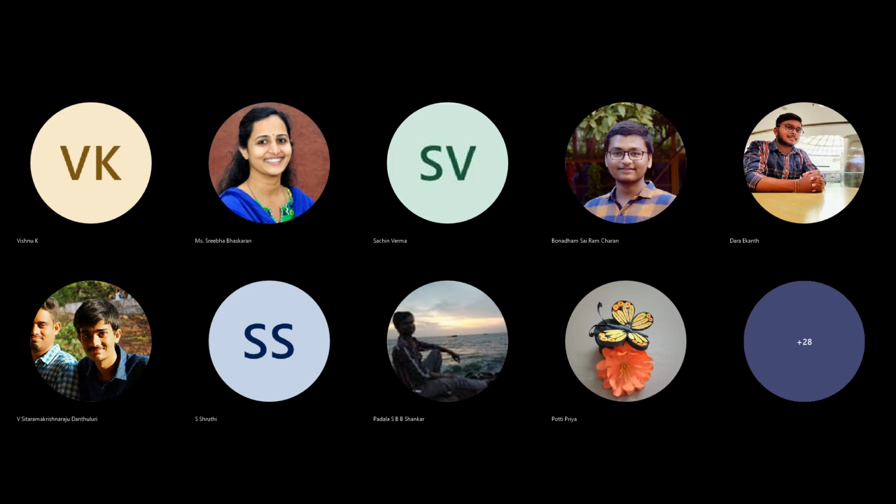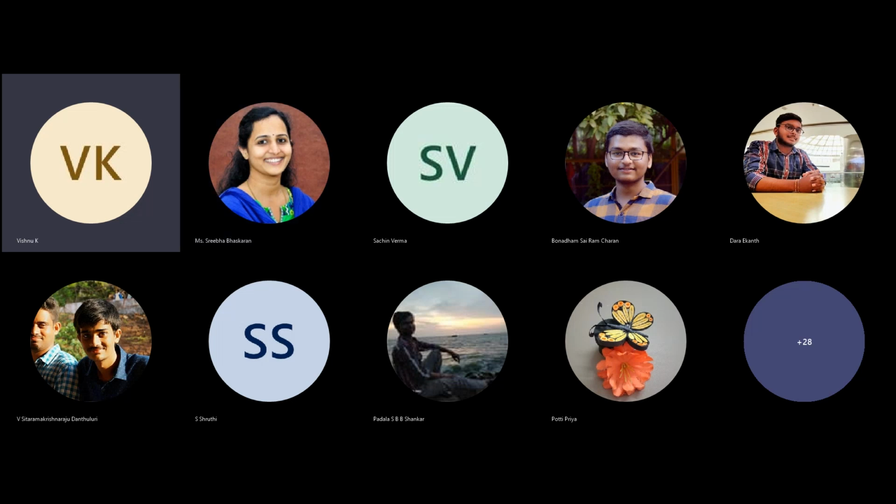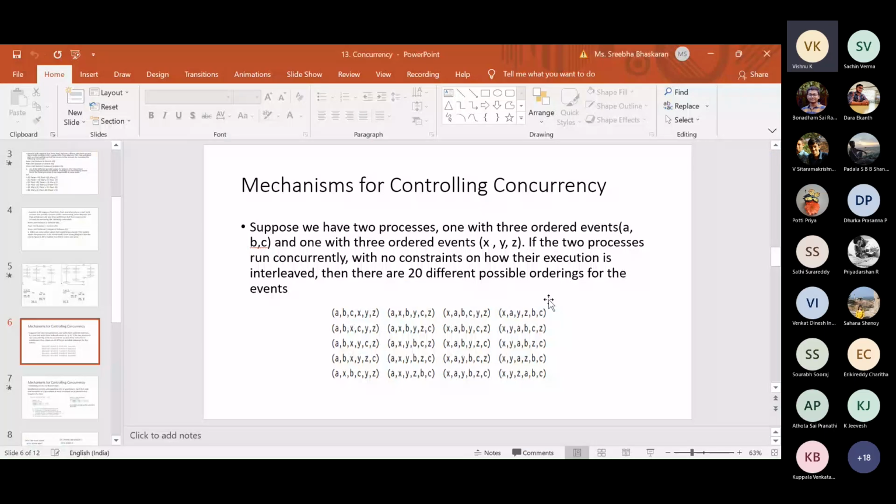Ma'am, what we learned in OS was that if a variable needs to be searched, it will first check if it is there in the RAM. If we don't have it, then we fetch it from secondary memory, store it in the RAM and then use it. That will happen if there is no change in the variable. Whatever value you have read and kept in the RAM, if there is no change, the same value will be taken, right? But if a change is happening, how will the first user know that there is a change?